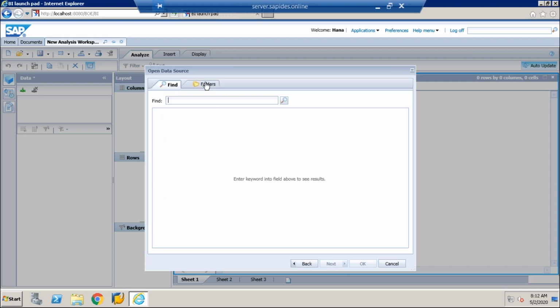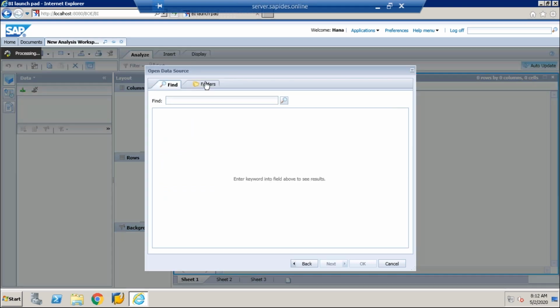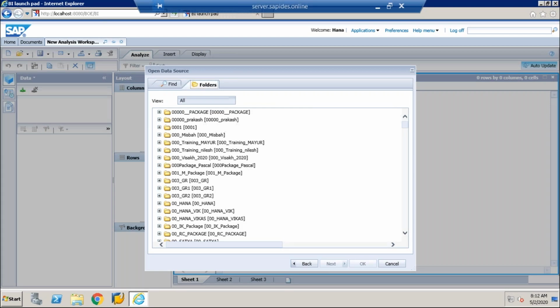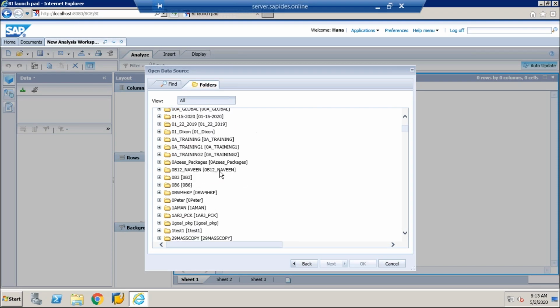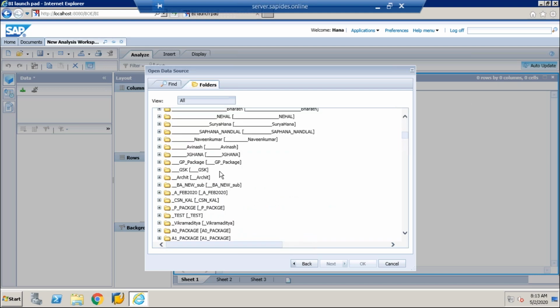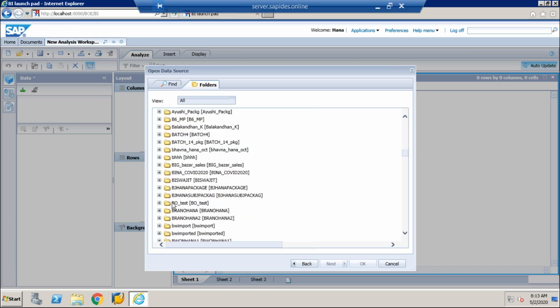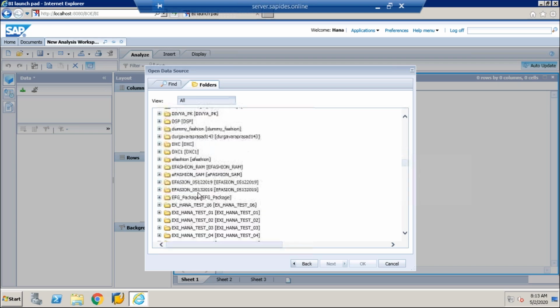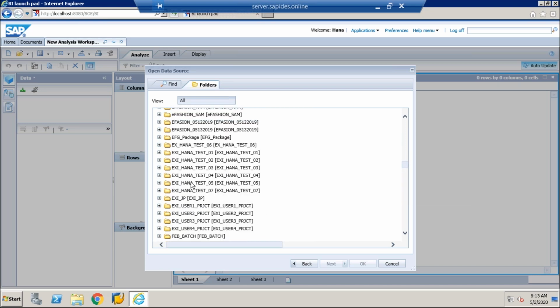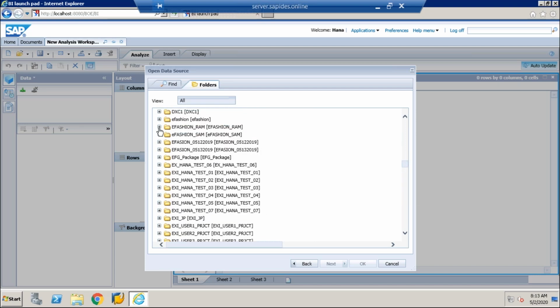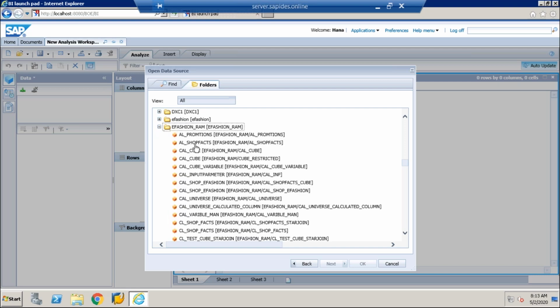We can also import those to the folder. So e-fashion is there. We took this file.